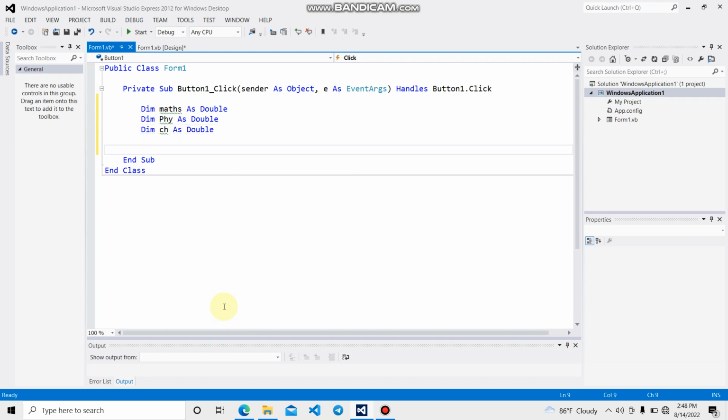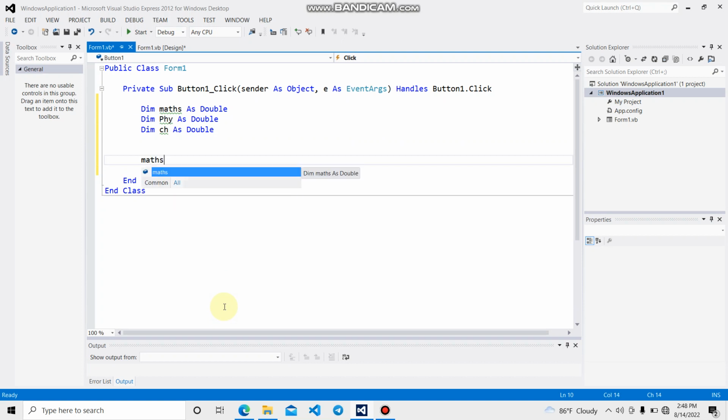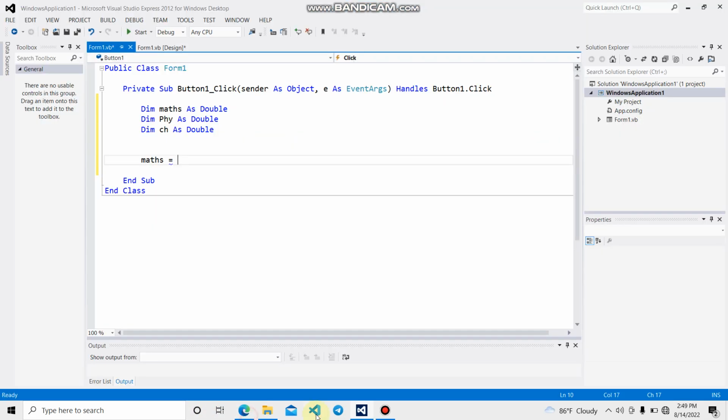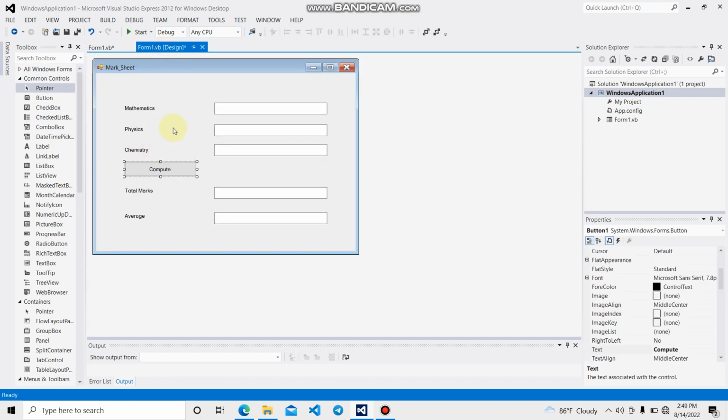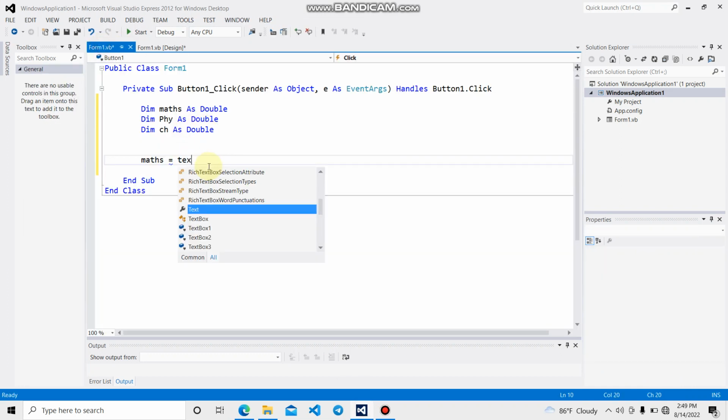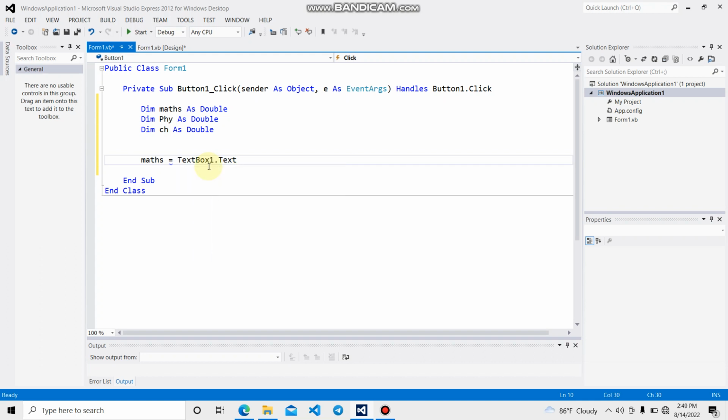Okay, now maths equal to, the text box 1. And you can see here in the design view, text box 1, the name is text box 1. Okay, text box 1 dot txt,